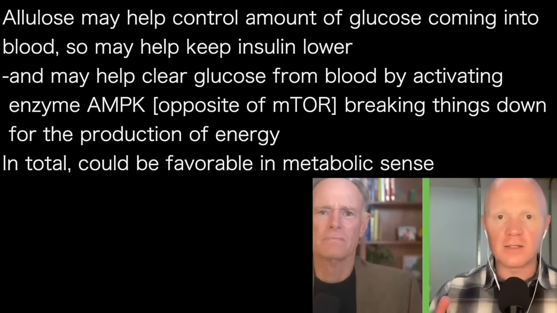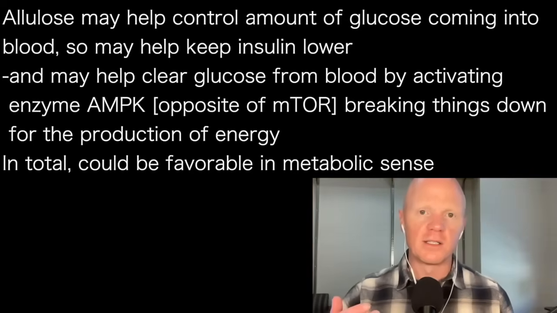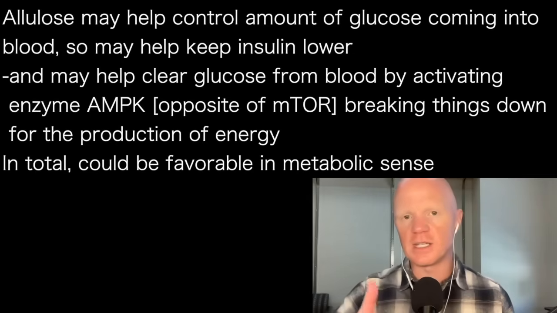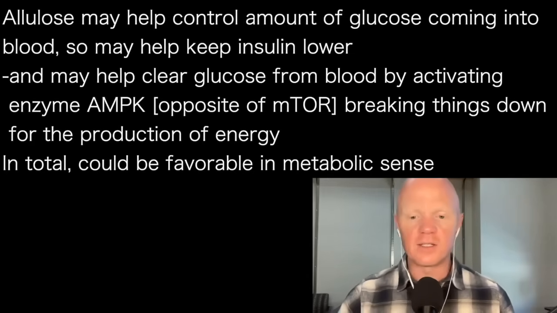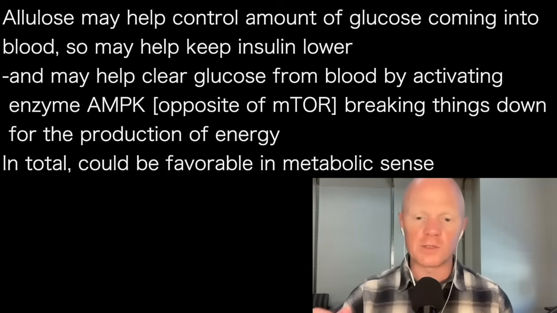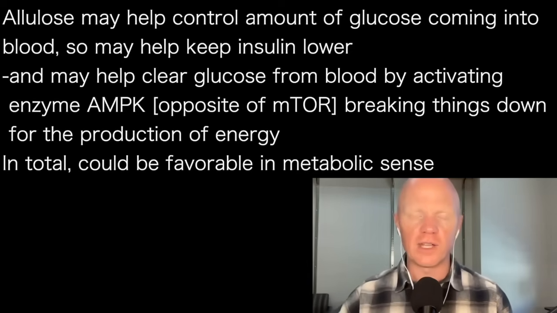So collectively, this really does become a pretty metabolically favorable milieu where the GLP-1 increase is delaying gastric emptying, and it is affecting glucagon levels, helping reduce the amount of glucose coming into the blood. And then the allulose is directly increasing AMPK at tissues like the muscle, which is accelerating the rate at which we're pulling the glucose out and burning it for energy.